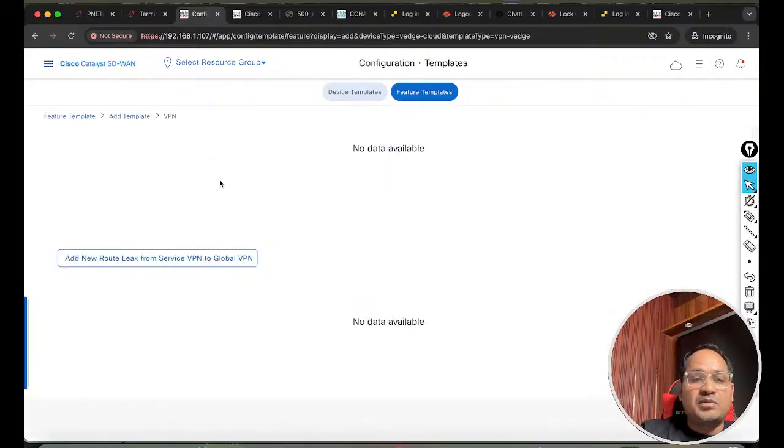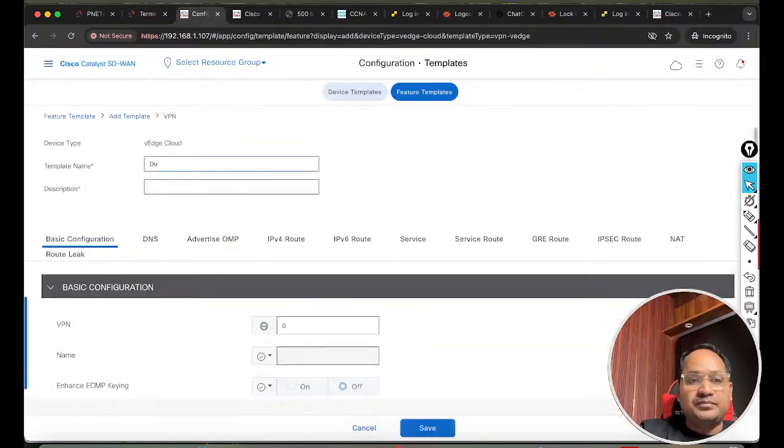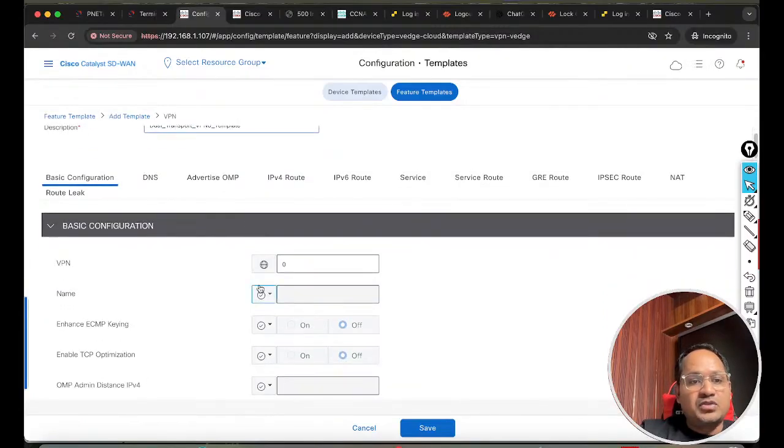The first one is going to be VPN 0. So put here dual transport VPN 0 template, and I'll go here and add the VPN 0 name. I'll put the global as a transport VPN,